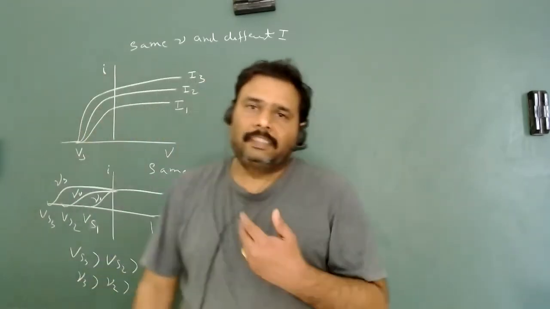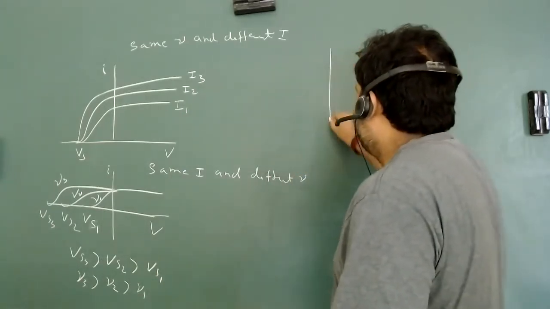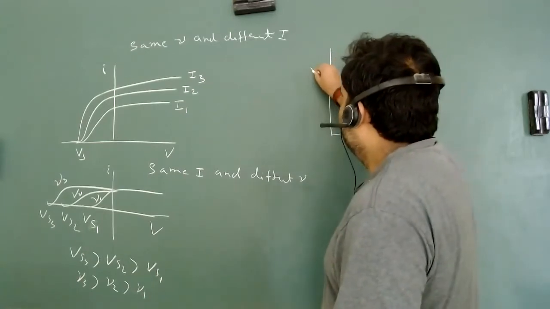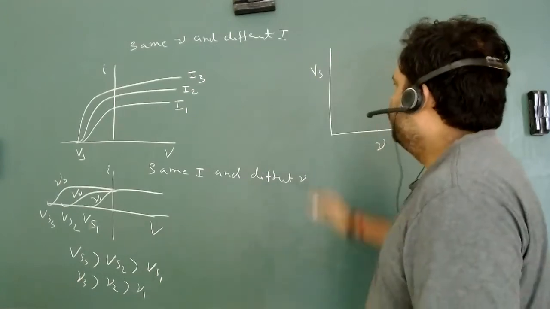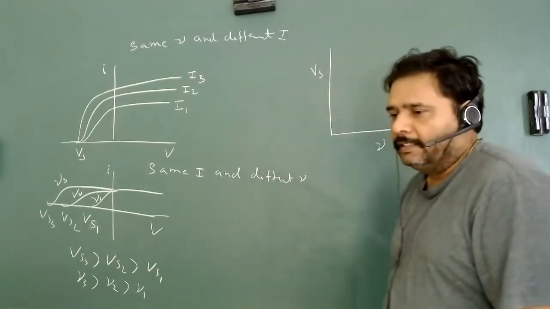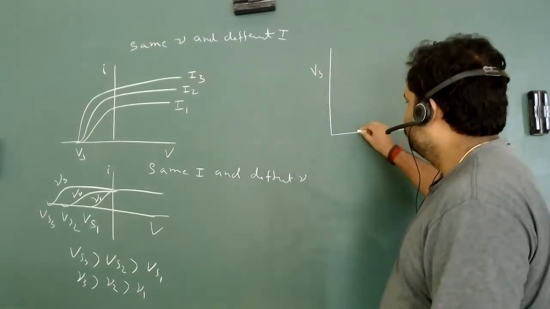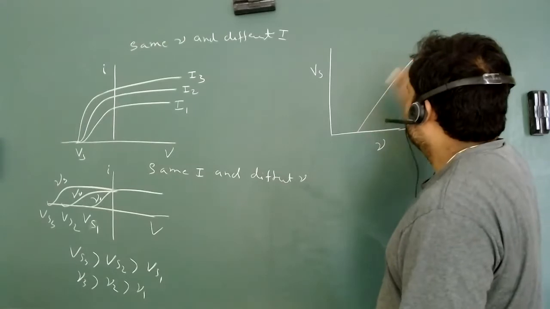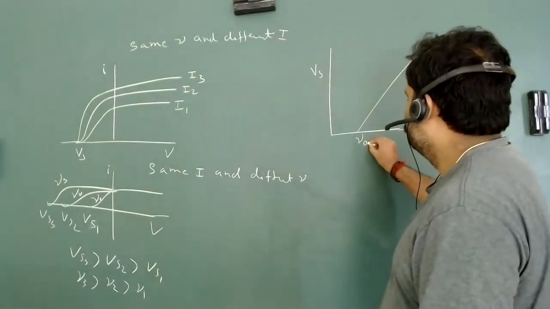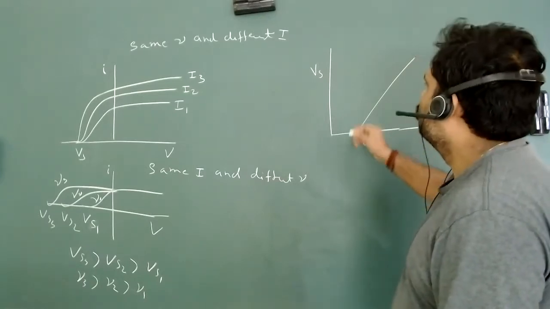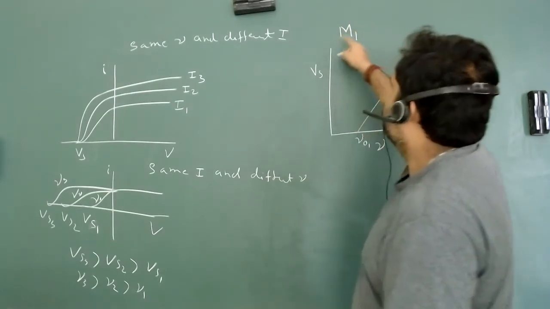Einstein went one step ahead, and what he basically plotted was Vs versus frequency. Once he plotted Vs versus frequency, he got a very interesting result, something like this. Let's say this value is nu 01. Why am I saying nu 01? Because he plotted this curve for different metals. So this is for metal 1,